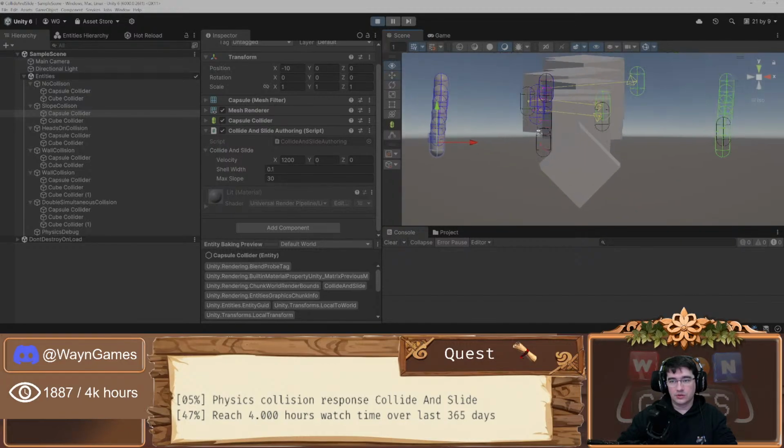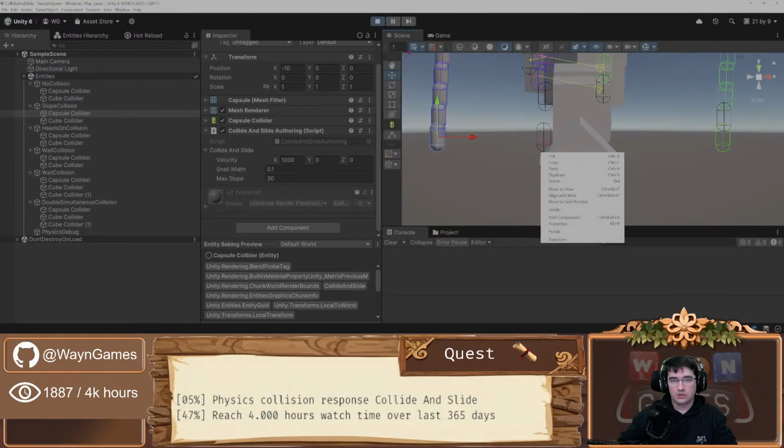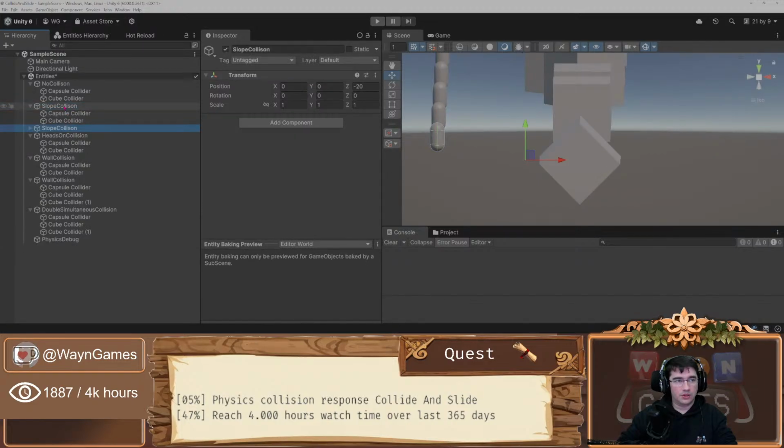And it does stop. Okay, but if I create slope too steep collision, and this one will be the slope not too steep collision,